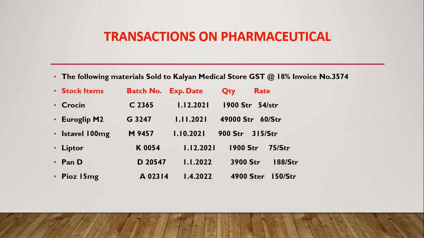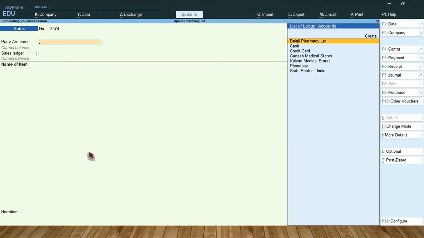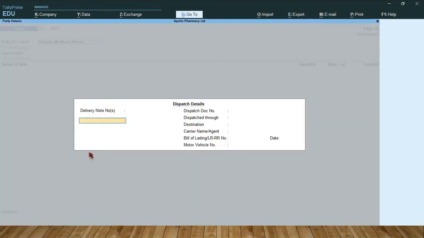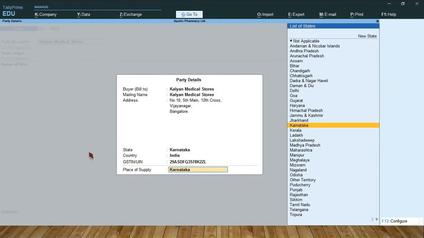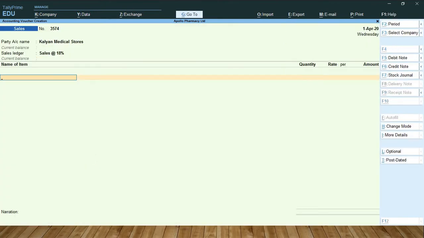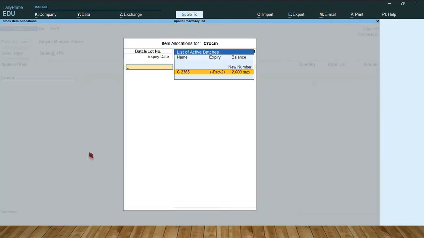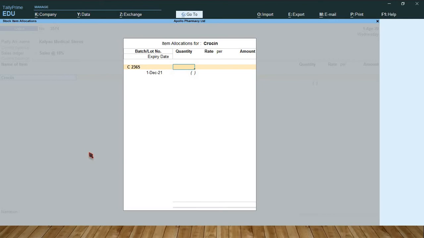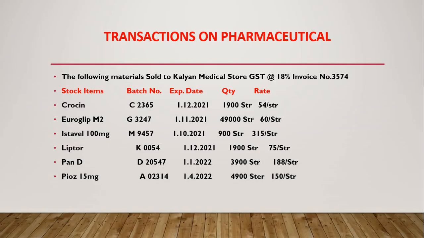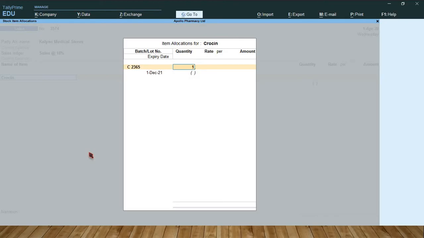So party name Kalyan Medical Store. Sales at 18%, crossing. Select batch number. So type quantity 1900 strips. Rate 54.